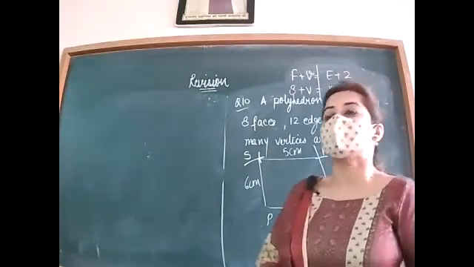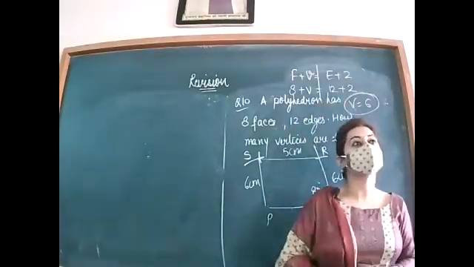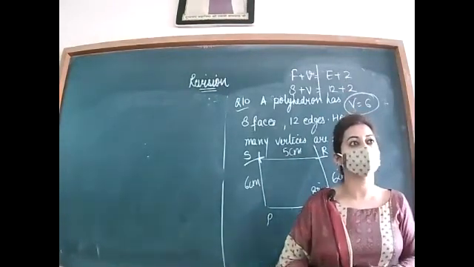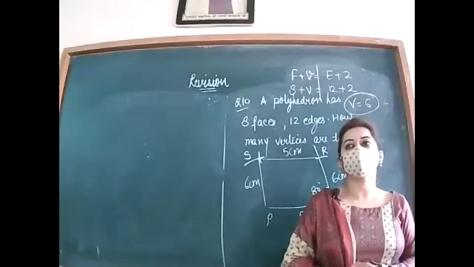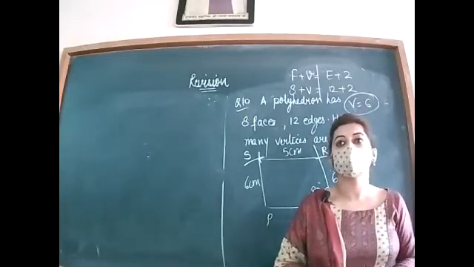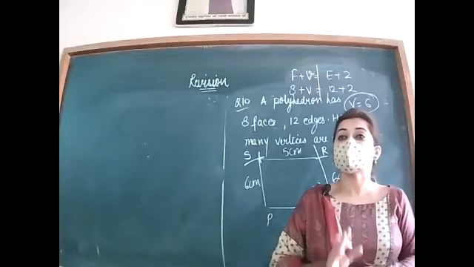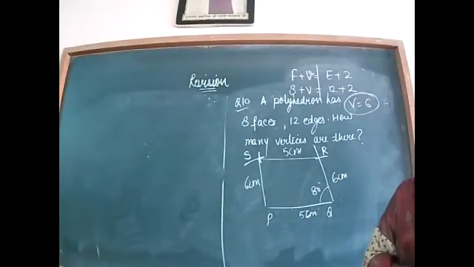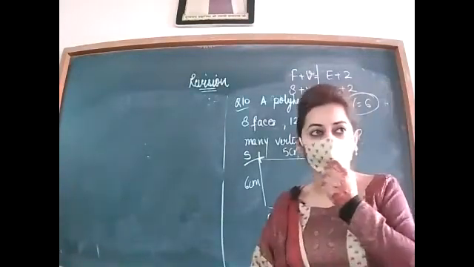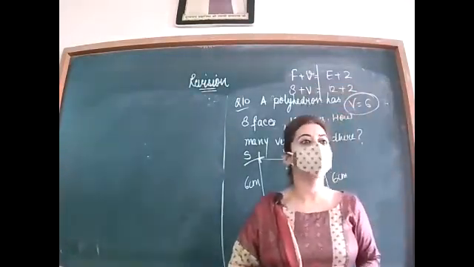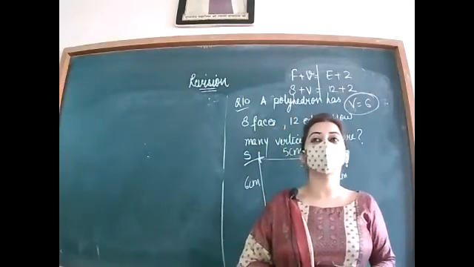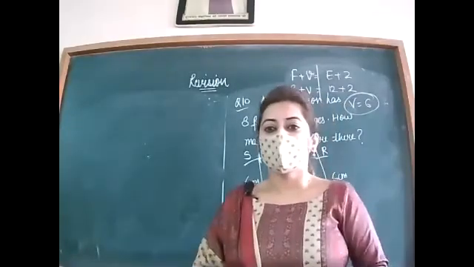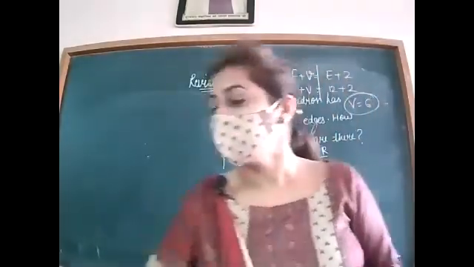If the question is: the another name of square prism is cube only, then is it true or false? The statement is false, because a square prism can be a cube or cuboid. So the given statement is false. You will write that a square prism can be a cube or cuboid. This question was there in the previous test also, if you remember. Clear? Write down next.